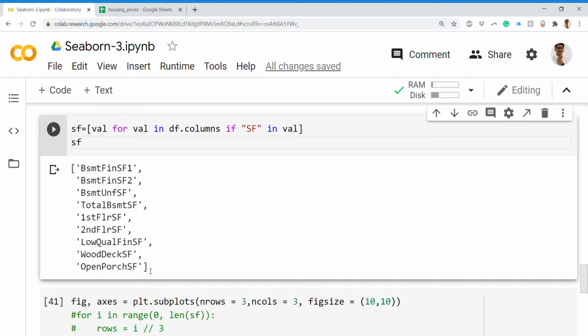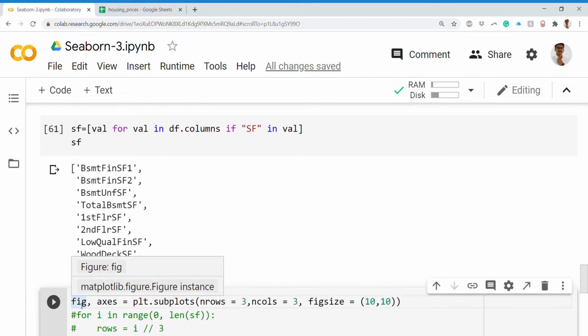So for that, I'm visualizing a subplot. The first thing that you can see here is also not new to you. We have already discussed this. This is nothing but nesting. We have seen this nesting and unnesting in tuples and lists. It is the same thing here, but with a function. So that kind of flexibility is there in Python.